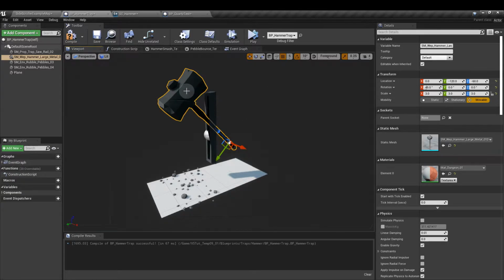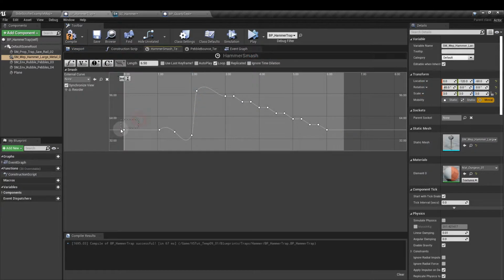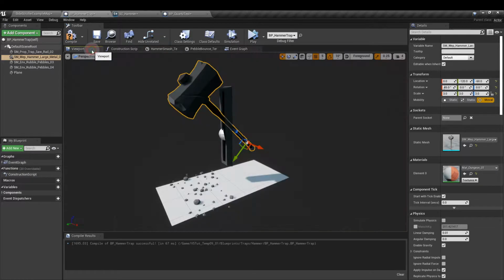What I've established here is a start position. So my timeline is going to start at 45 and the last keyframe is going to be 45 as well. Here we have 45 and 45. Here it's dropping down a little bit before it pulls back, and then it sinks all the way down to the bottom quite quickly. We've only got a 0.15 second travel time there, and then it gradually starts to ratchet back up in steps, getting a more mechanical motion. So if we simulate this,